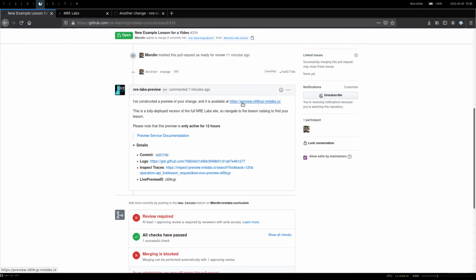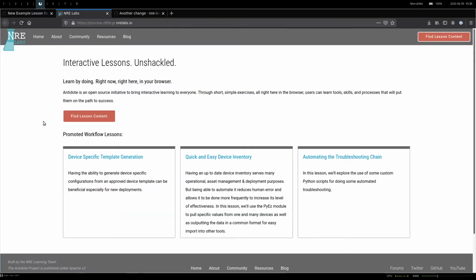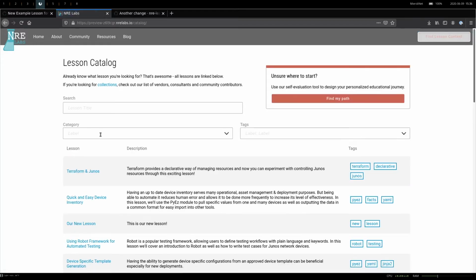I'm going to middle click this so we can open it in a new tab. You'll see that we have basically a version of the NRE Labs site. The difference is just it's hosted at this weird subdomain. What this basically is a preview of your pull request, and it's a live version of the site that you can poke around with. So we'll head on over to the lesson catalog, clicking Find Lesson Content,